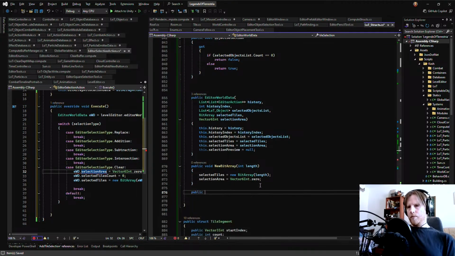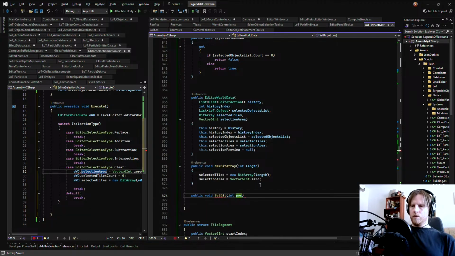What about public void set bit int position?